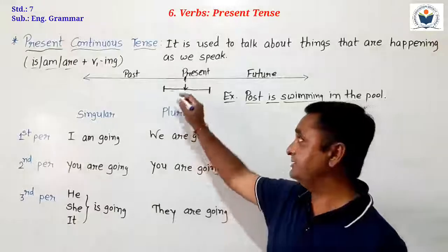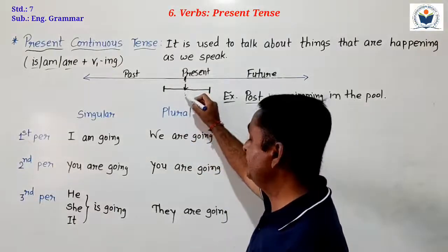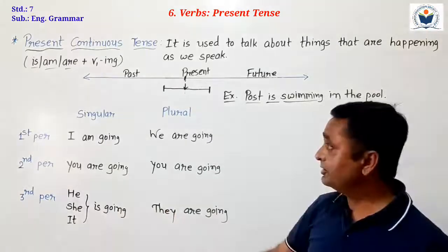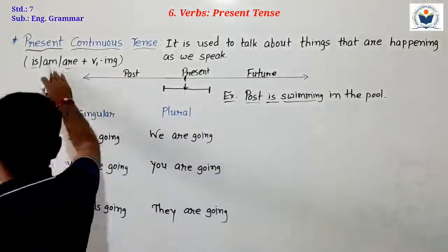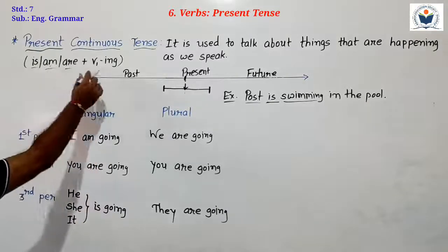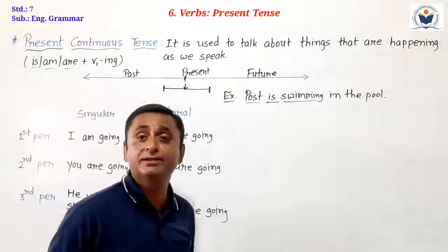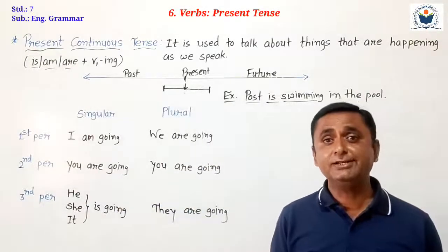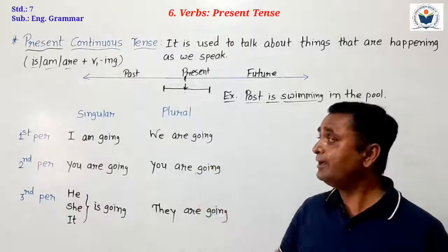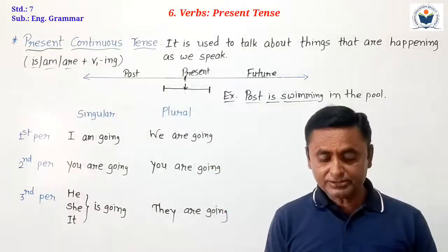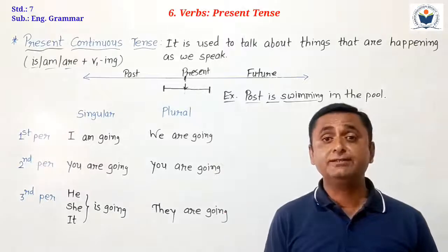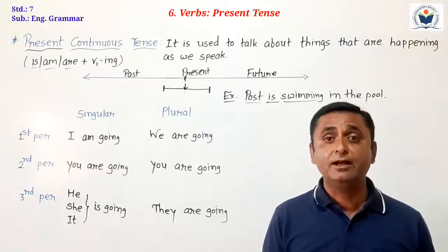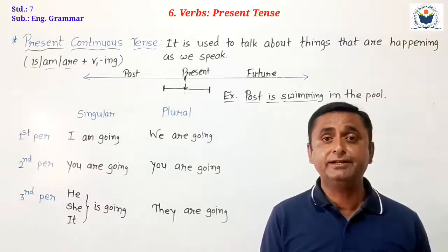While we are talking about things that are happening before you, आपके सामने जो continuous action है उसके लिए use किया जाता है. So the structure of present continuous tense I write here. You have to remember that the structure is are plus given ing. It is the structure of present continuous tense. So with that, our little bit of study of present continuous tense is over here. After that, we have to understand the differences between simple present tense and present continuous tense. We will see that in our next video.